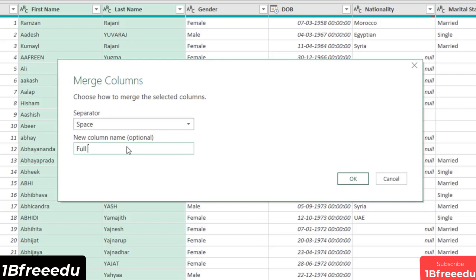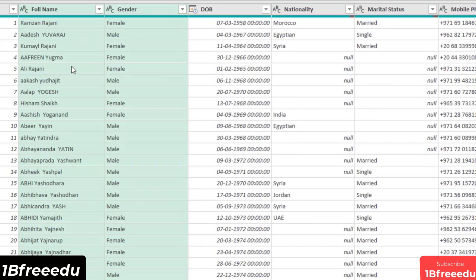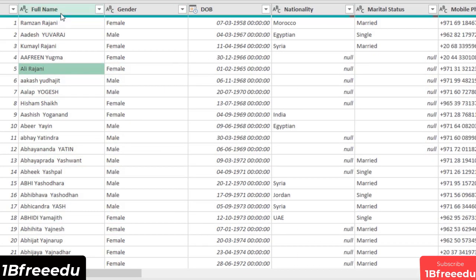It will give the name as merged, but no, I wanted to name it as Full Name. As soon as I say OK, both the columns will be combined and it will give you one column with the name Full Name, and here you go. You see, a Full Name column has been created and the first name and last name have been